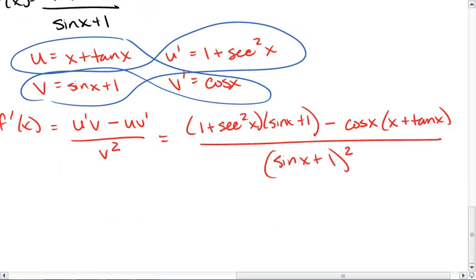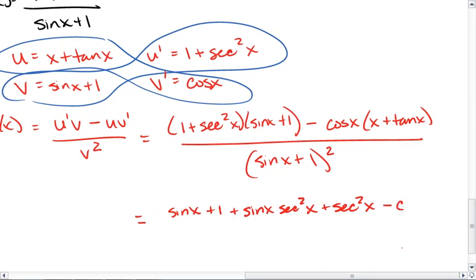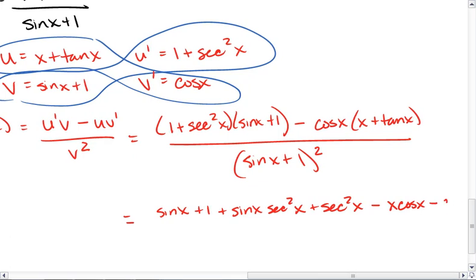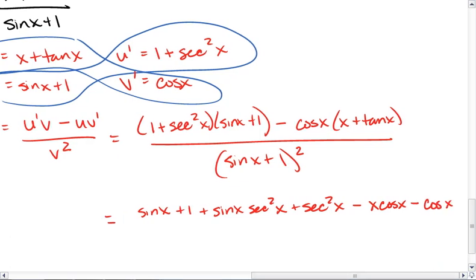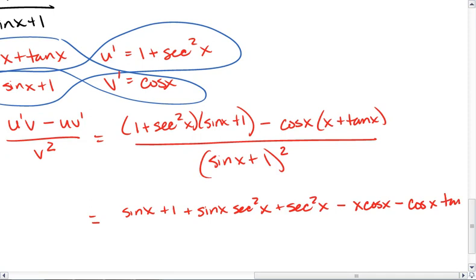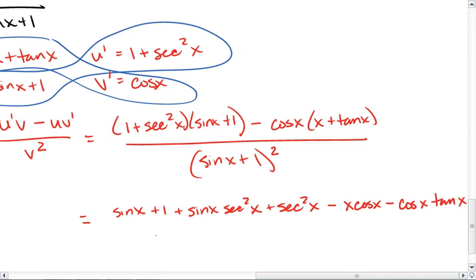The simplification for this problem is a little trickier, but first let's distribute. So we get sine x plus 1 plus sine x secant squared x plus secant squared x minus x cosine x minus cosine x tan x all over